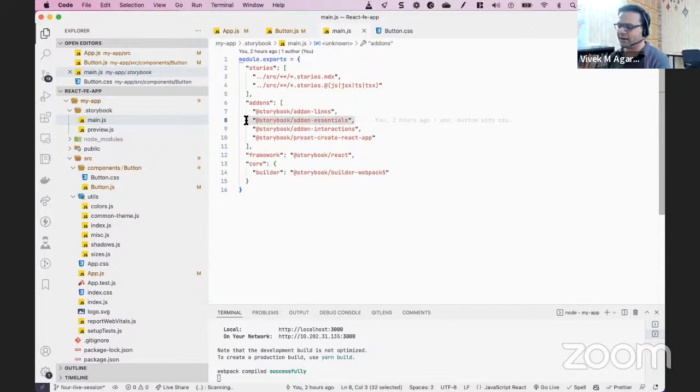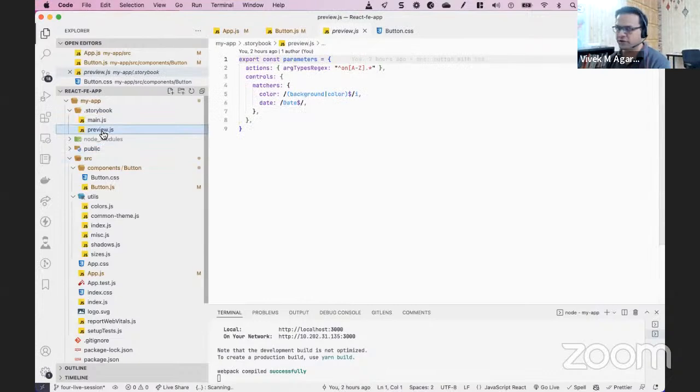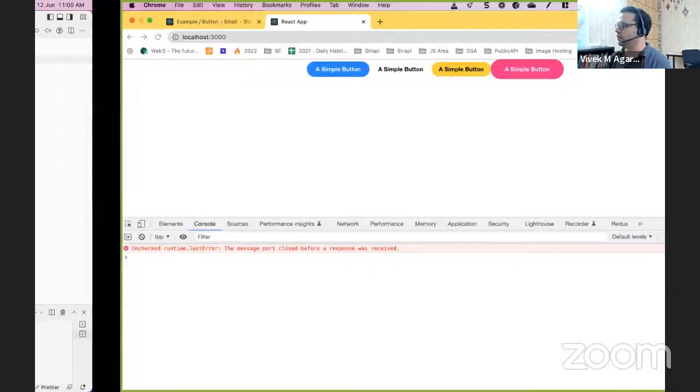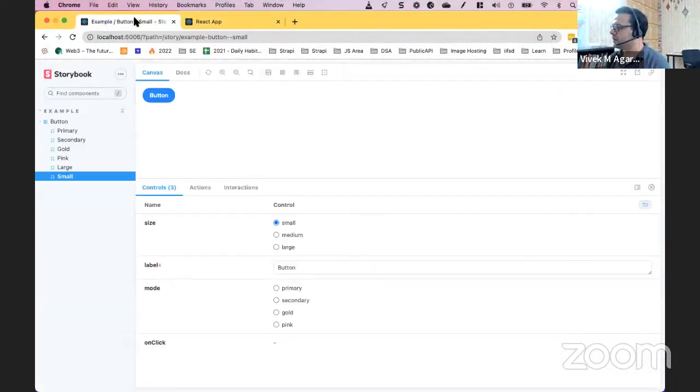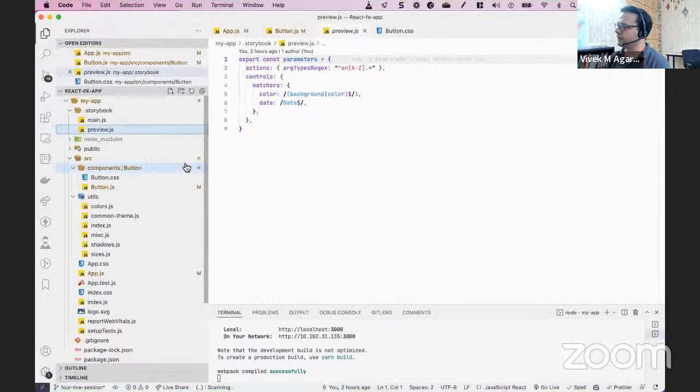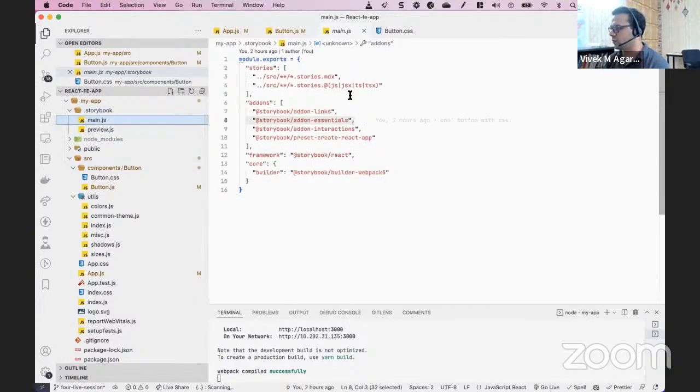जो कि दे आर लाइक एसेंशियल्स। तो वी विल गो थ्रू देम कि वो क्या करते हैं, वो क्या फीचर्स हमें देते हैं। और दो फाइल होता है डॉट स्टोरी बुक के अंदर, एक है main.js, दूसरा है preview.js। तो आप अगर स्टोरी बुक को देखो ना, तो स्टोरी बुक का एक फ्रंट एंड साइड है जिसको आप प्रीव्यू बोलते हैं, और एक उसका सर्वर साइड है जो कि यू नो बिहाइंड द सीन्स जो कंस्ट्रक्शन वो करते हैं,